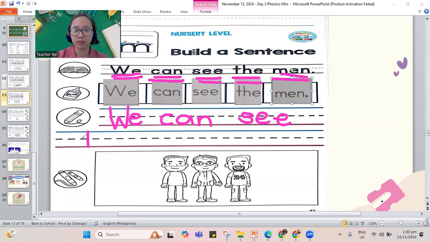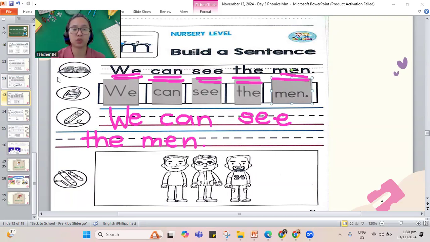The, T, H, E. The men, M, E, and the letter N. And always end with a period for your sentence. So let's go back. Our sentence: we can see the men.